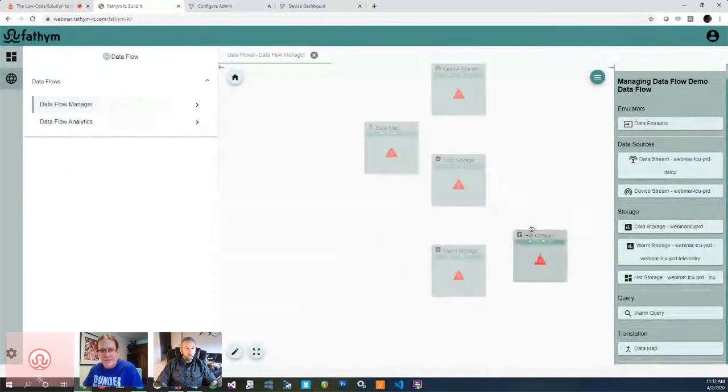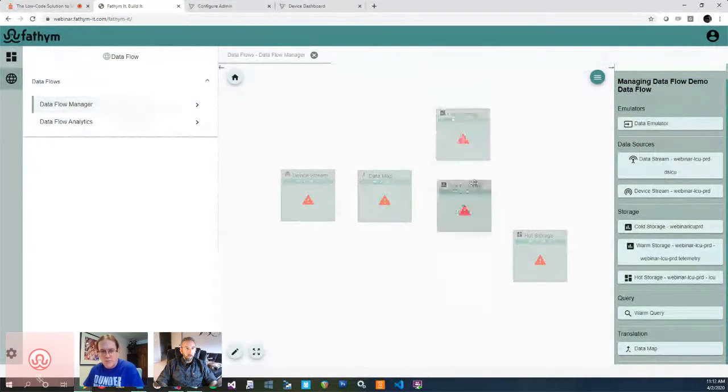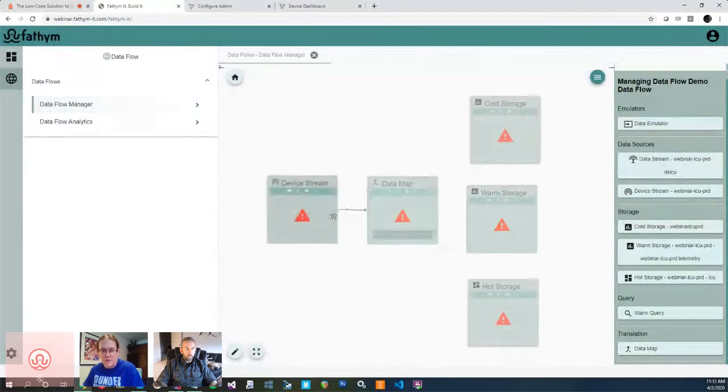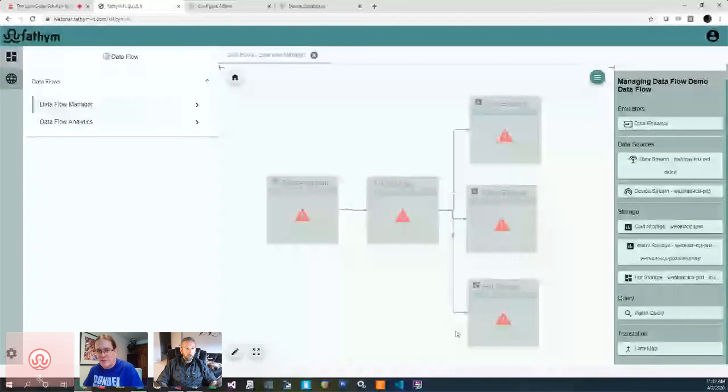So now that I have these pieces out here, we need to make some sense of them. So the first thing I want is this device stream. This is then my data map, and I'm going to do cold storage, warm storage, and hot storage. So individually with these sitting here, they're really not doing too much. You know, they're not connected. There's no intent or purpose behind them. But now what I can do is drag out these arrows between them, and it starts connecting these items. So I'm able to now give purpose to this, and behind the scenes, when I save it and provision it,